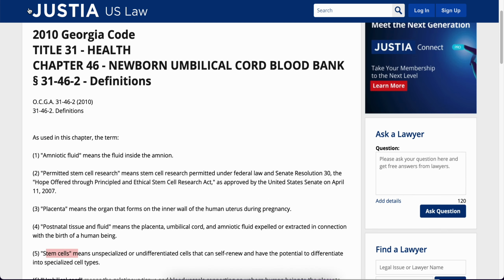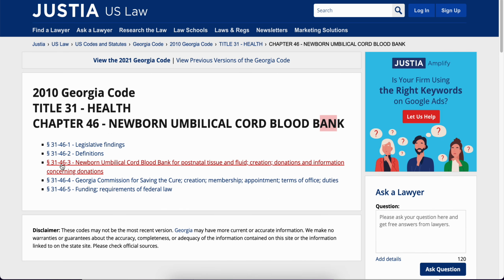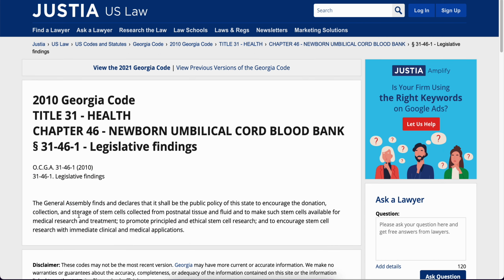Let's go back to that. When we read what a live birth is, that includes the placenta. So as a part of that live birth, they use all this. They don't waste too much of what comes out of a mother when she has a baby. So what they can monetize, they monetize. And it's still abandoned property because the mother never claimed it. She never wanted any of it. She just wanted a baby.